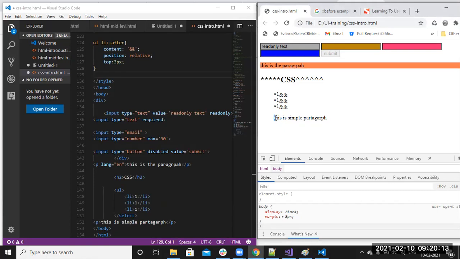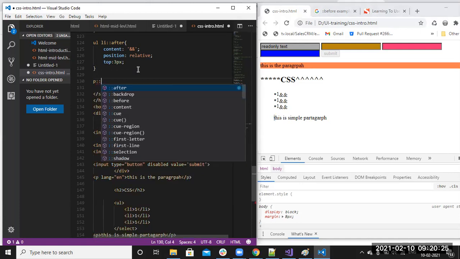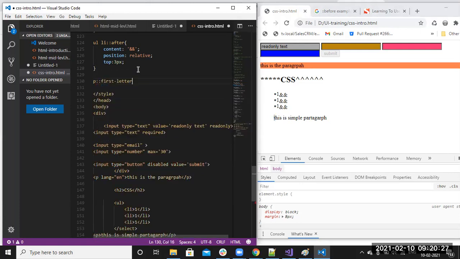How can you do that generally? Generally for the first letter you can add a span, and for the span you can do the styling. That we can do, but simply by using first letter.